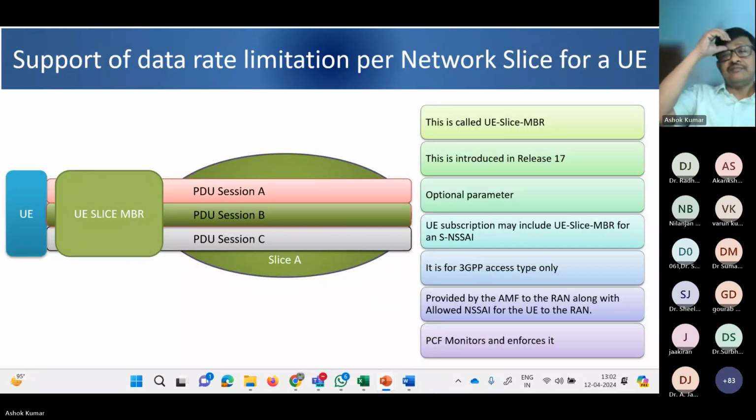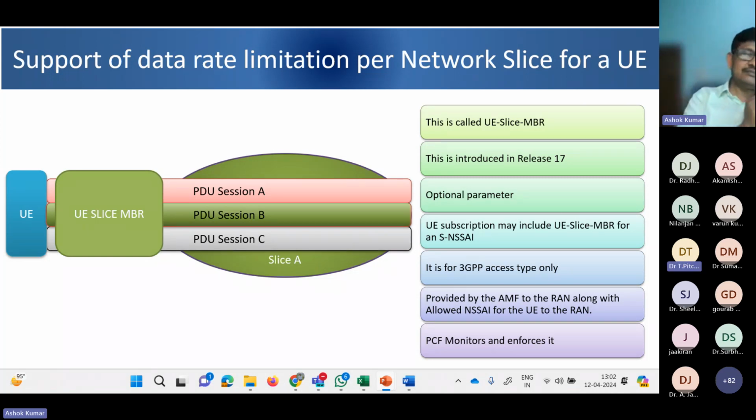Okay. May I ask one question, sir? Yeah, please. Not this slide, the previous slide. Does slicing have any restriction on our frequency of operation or anything? No, no. The radio part does not have any restriction on the type of slices, etc. The limitation would be in a different way.